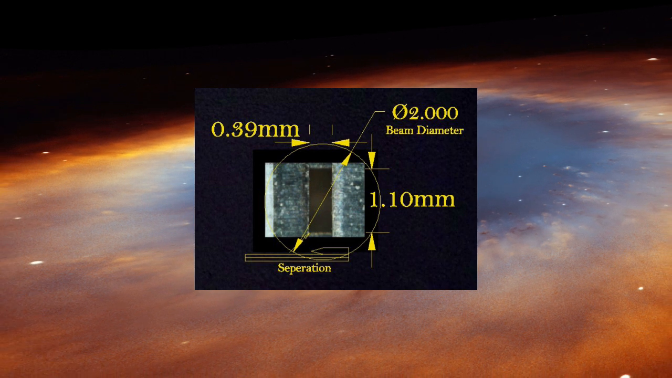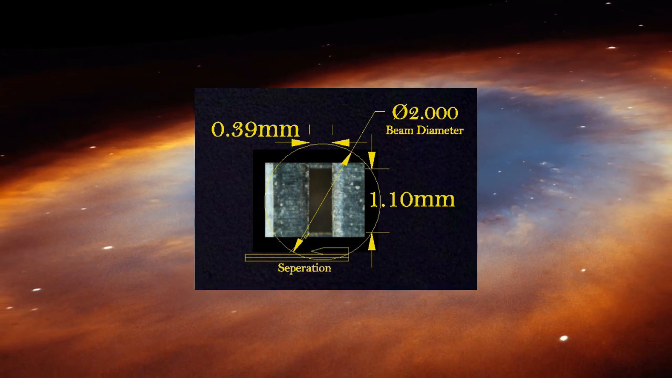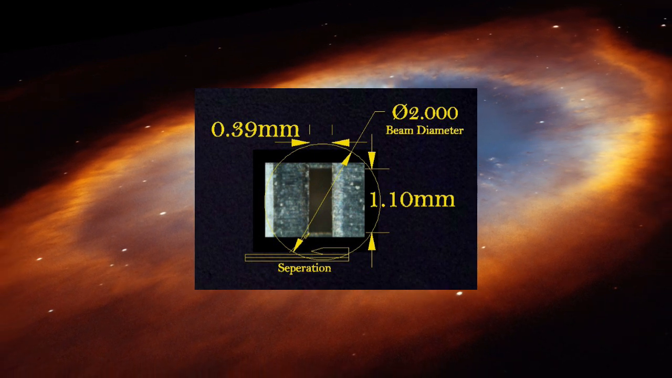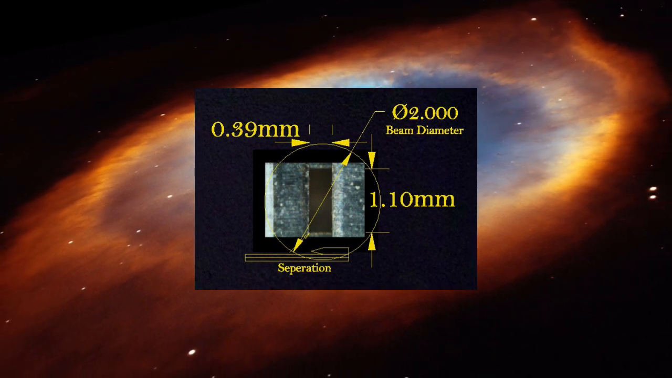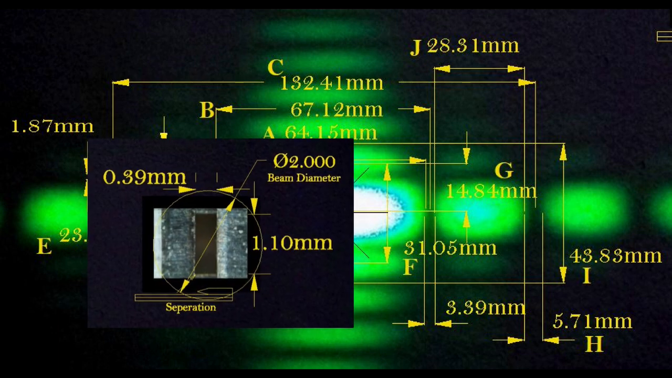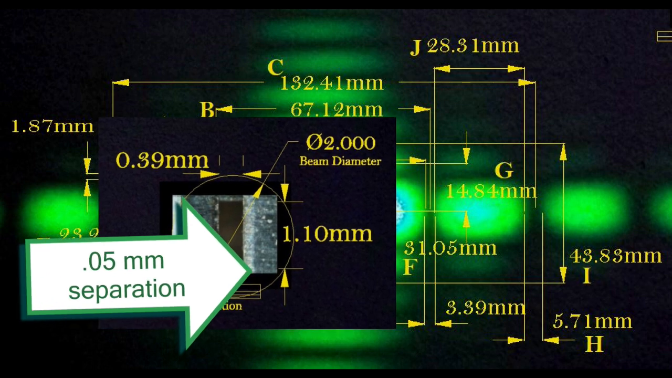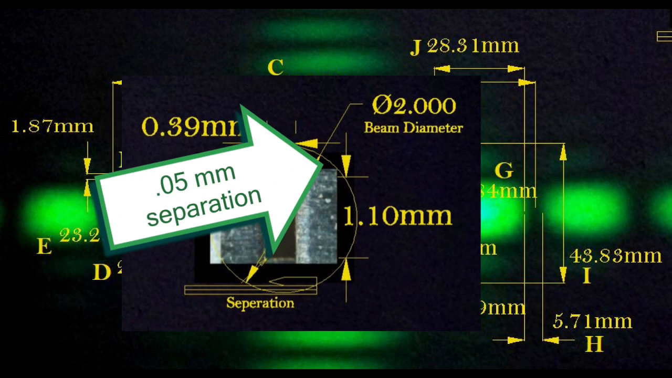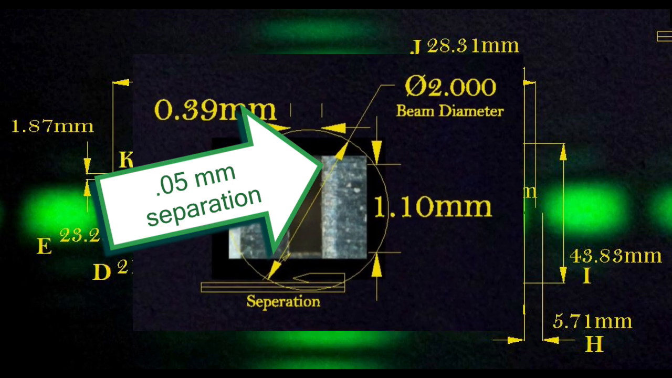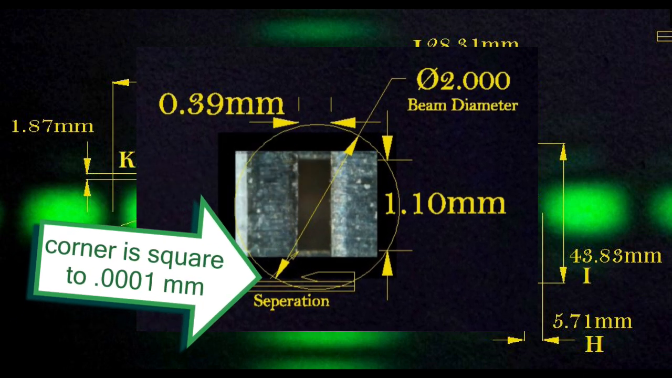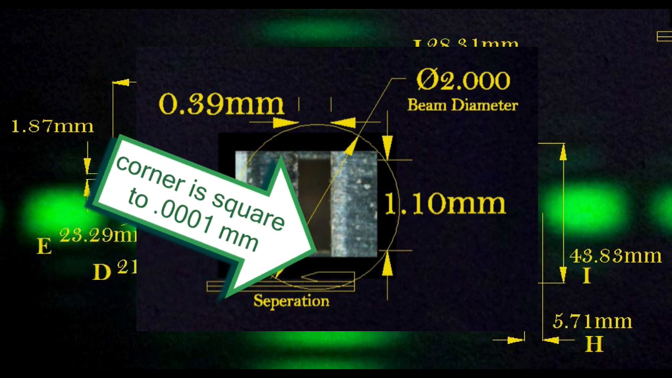Here is another optical slit measuring approximately 1.1 millimeters by 0.39 millimeters, through which the professor passed green laser light. This is actually 4 razor blade edges. When placed against each other, the very pointed edges are separated by their width, to the point of about 0.05 millimeters. The corner of this rectangle is as near perfect, to being linearly square, to